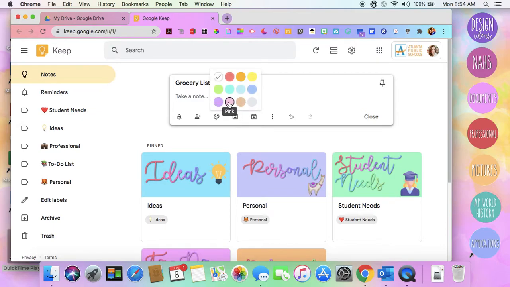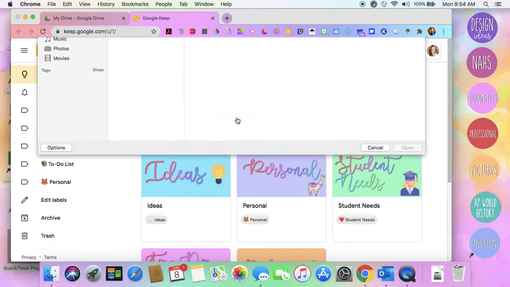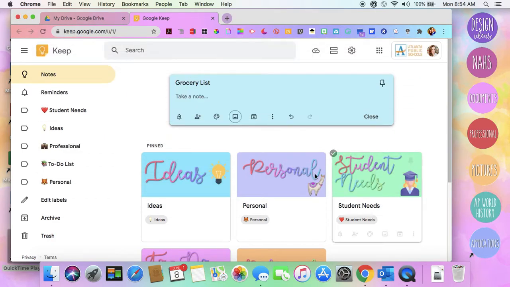You can personalize this as well with fun colors. Let's go with, I think, blue today. And then you can also personalize with an image. If you do this with an image here, this is actually what I've done here to create these cover items, is inserting an image. So that's how you do that. If you're interested, let me know if you want a tutorial on how to do that, but that is kind of very niche. And then once you're done, you can archive the note and it will get saved, obviously, but